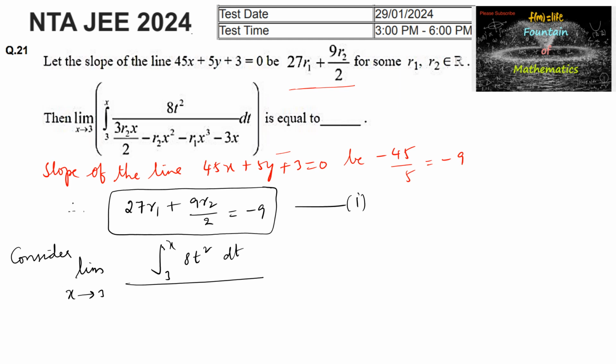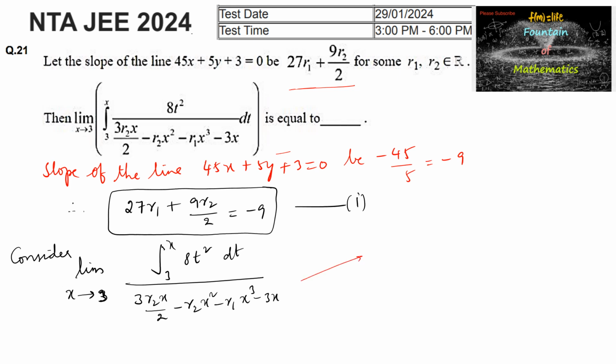It's like 1 upon 3 r2x upon 2 minus r2x square minus r1 x power 3 minus 3x. And here when you substitute x is equal to 3, the integral over the limit 3 to 3 will be 0, and the denominator also, if we substitute,